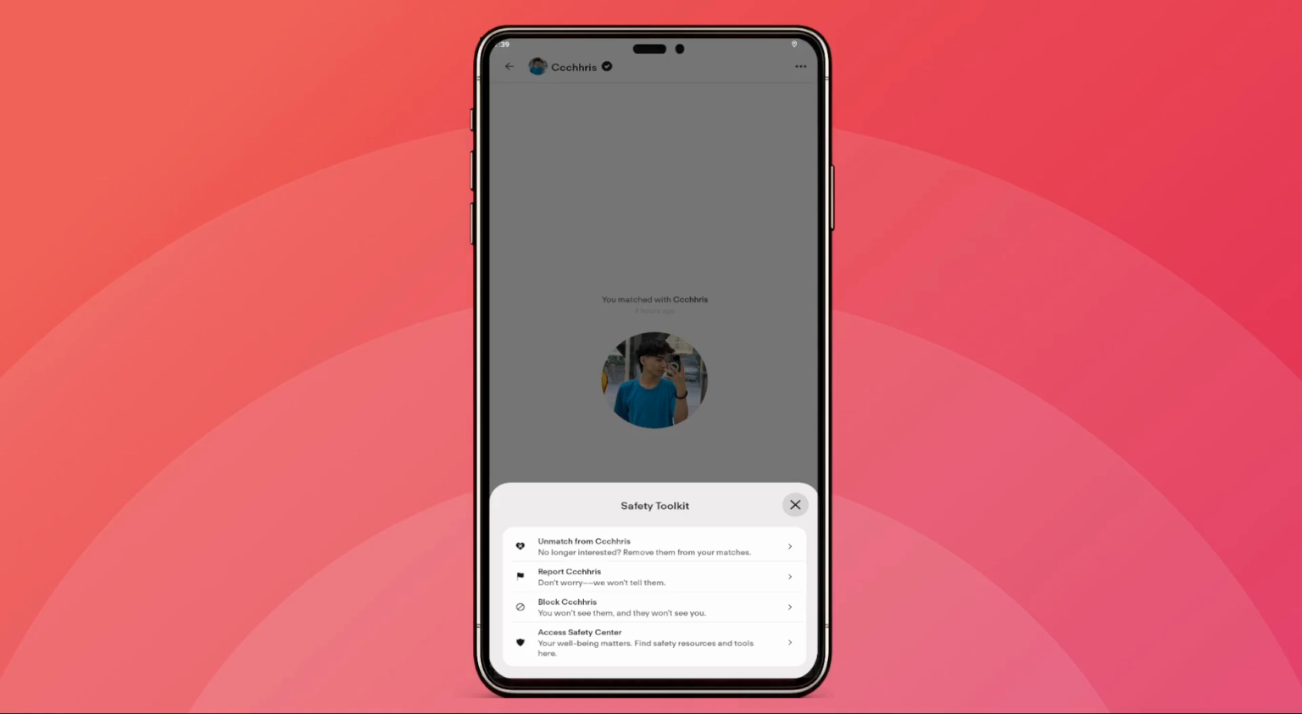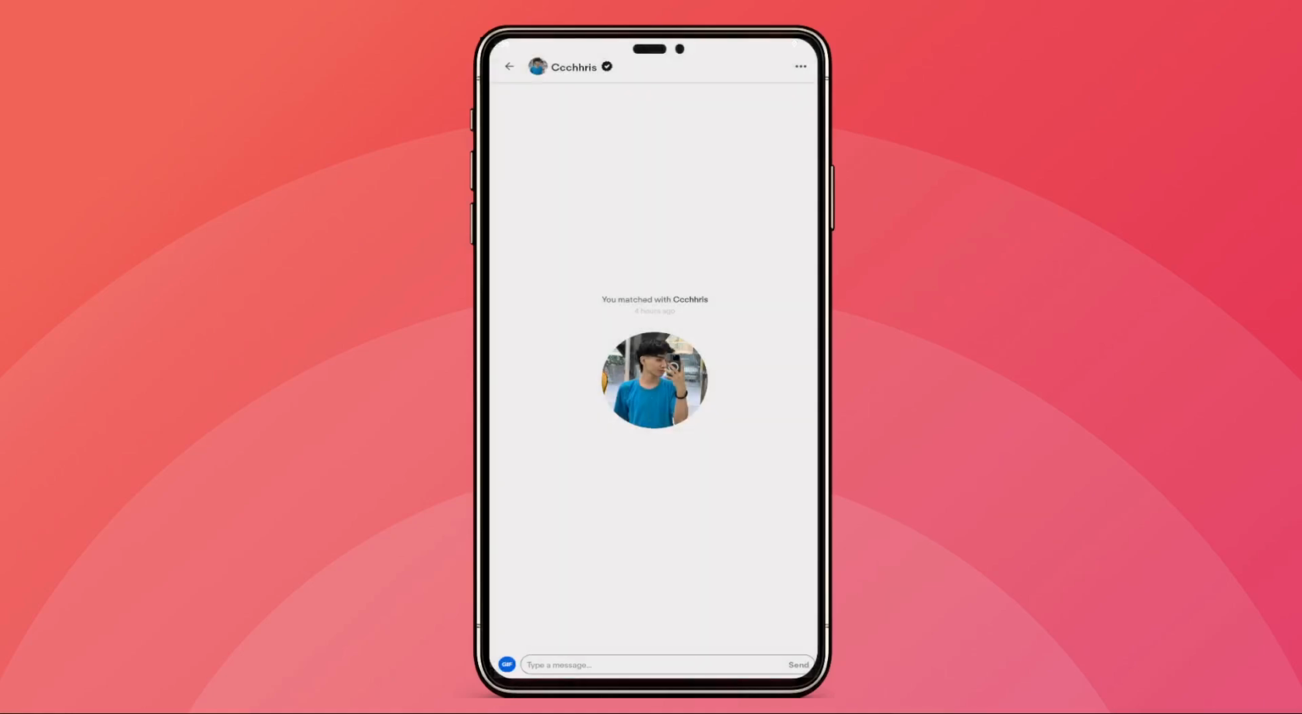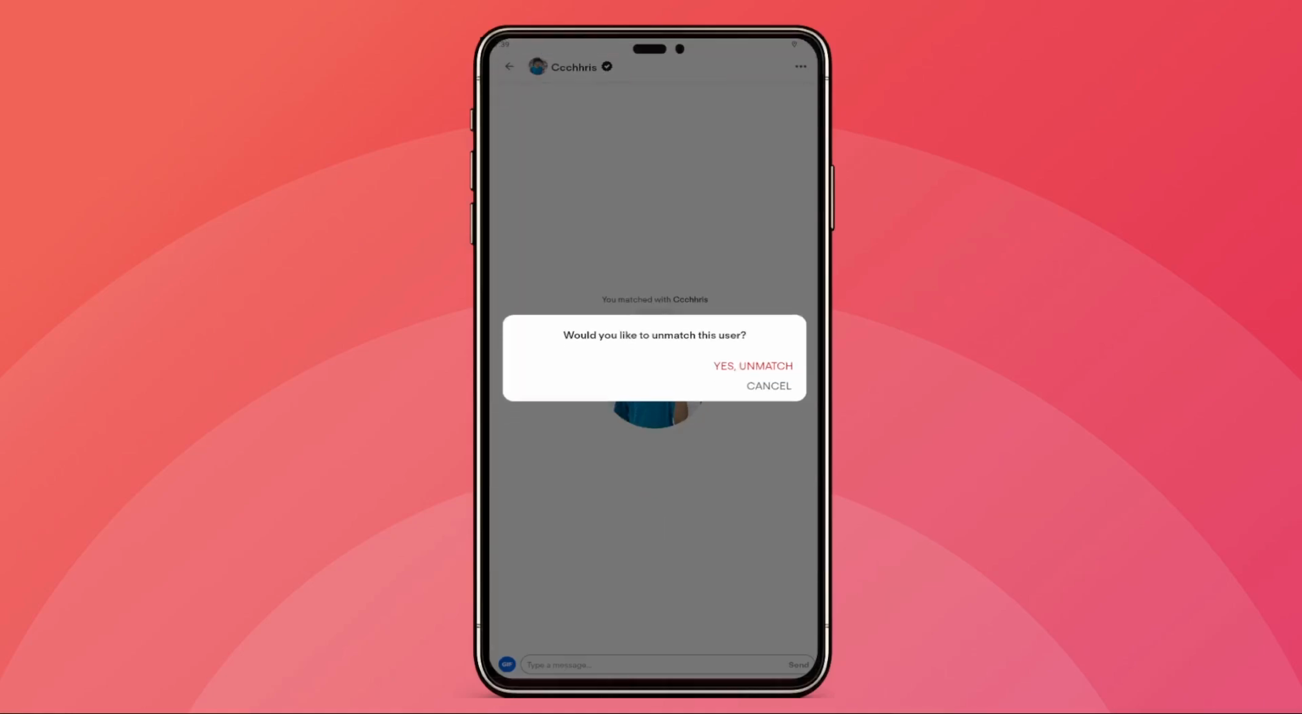From the menu that appears, you'll see several options. Look for and tap on Unmatch. This is the option that will remove this person from your matches and delete your entire conversation history with them. It's an important step if you want to clean up your match list or simply move on from a particular